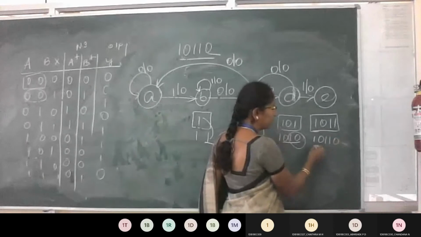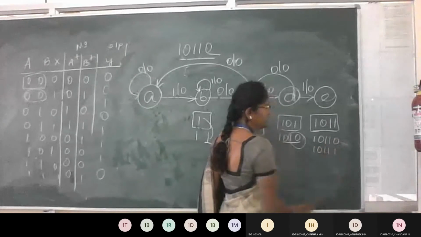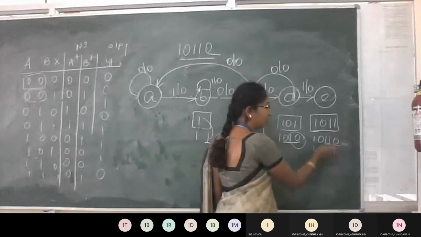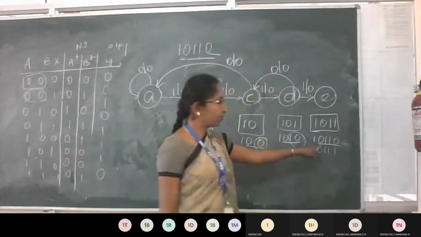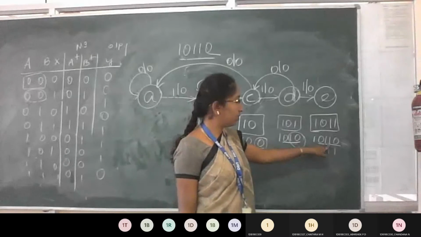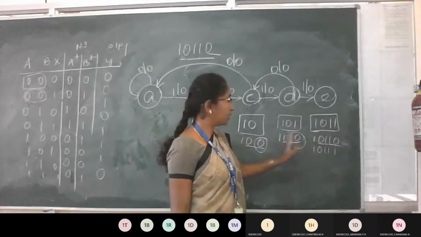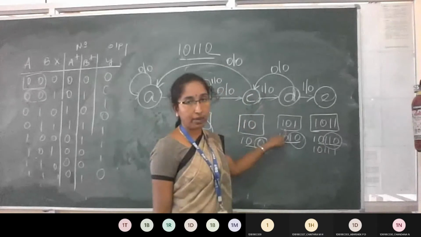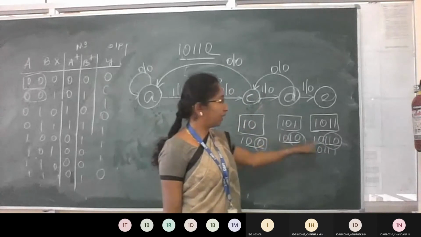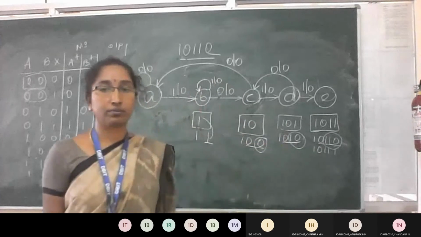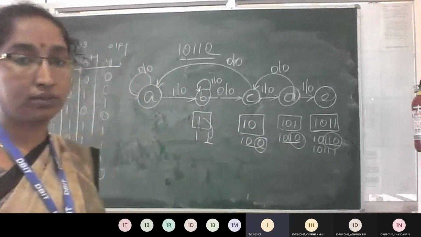Write down the bits as usual from the box. Put x as 0 and put it with those 4 bits. Now compare the 4 bits. The last 4 bits are 0 1 1 0. Not matching. Next compare the last 3 digits. Not matching. Compare the last 2 digits. Is it matching with 1 0? Yes, ma'am.